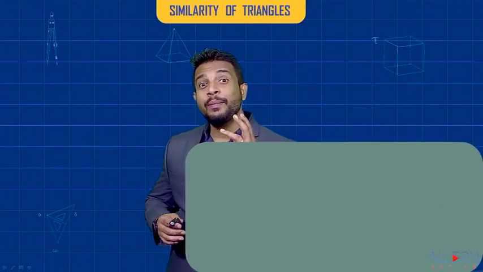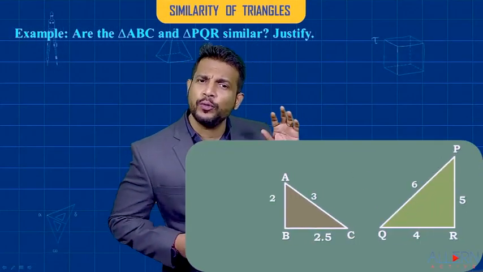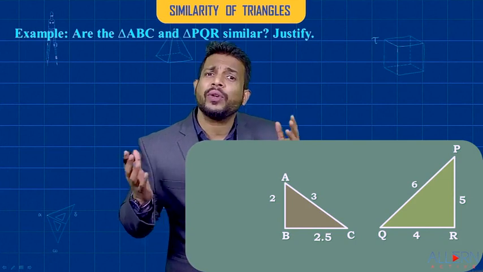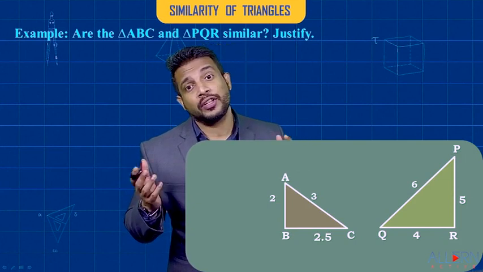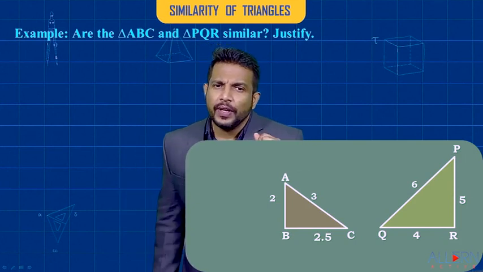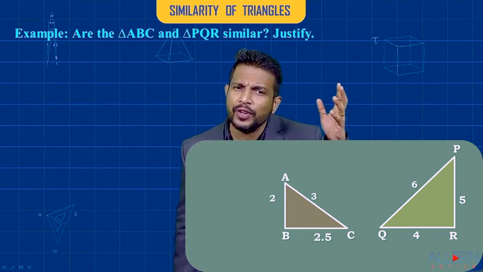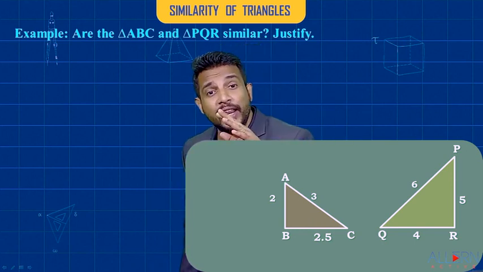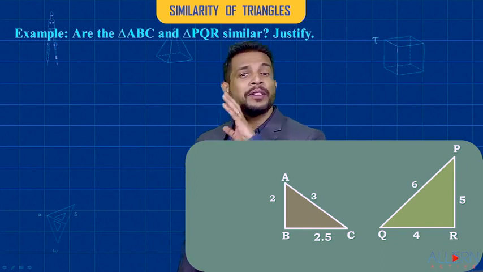Let's do a sum based on similarity of triangles. What we have here is two triangles, and they are asking, are these two triangles similar? If they are, justify the answer. How do we do that? If you look here, in both the triangles, we have only information about the sides. So one thing is very clear, if they are going to be similar, they will be similar by SSS test